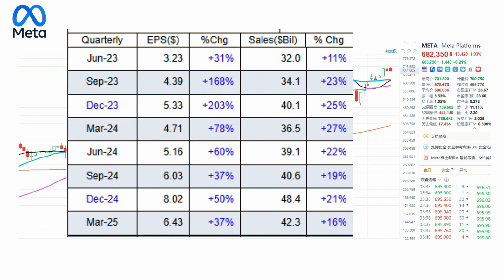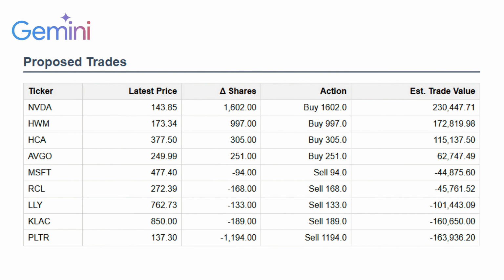We also appreciate that Meta offers some diversification within the tech sector. It's more driven by consumer cycles and advertising, compared to NVDA's hardware or MSFT's enterprise software, so different factors influence its performance. On the other hand, Gemini made a bold move by completely selling off 3 losing stocks: